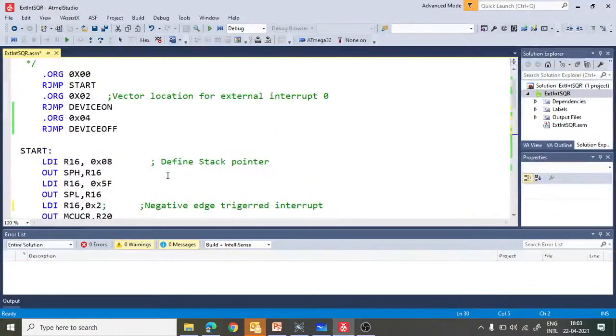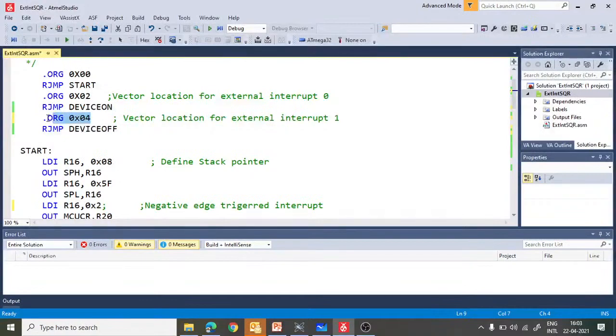What will happen when interrupt 1 comes? Your program will jump to the location 0x04, because 0x04 is the vector location for external interrupt 1, right? So whenever external interrupt 1 occurs, it will go to this location 0x04.